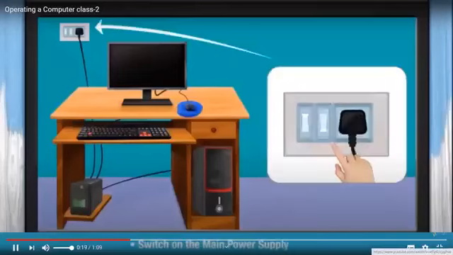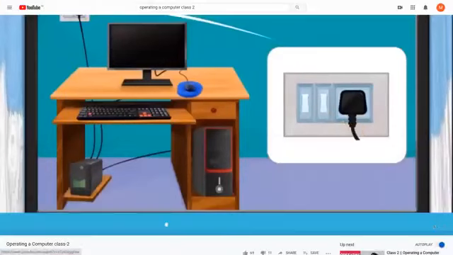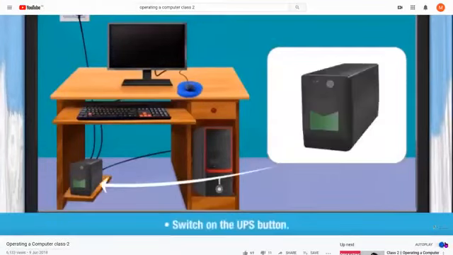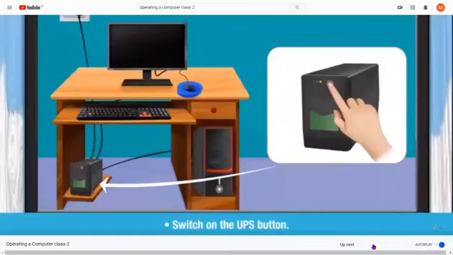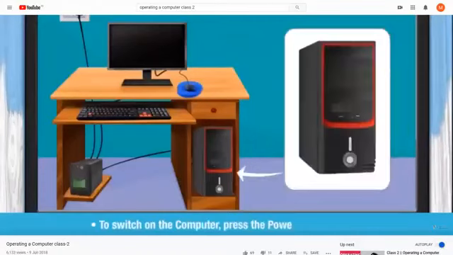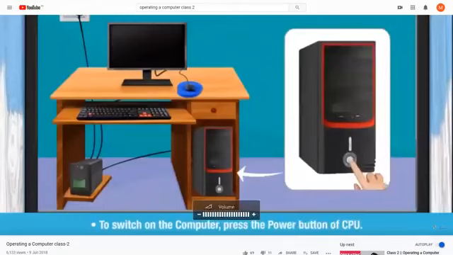Switch on the main power supply button. Switch on the UPS button. To switch on the computer, press the power button of CPU. We will get the welcome screen of Windows 10.